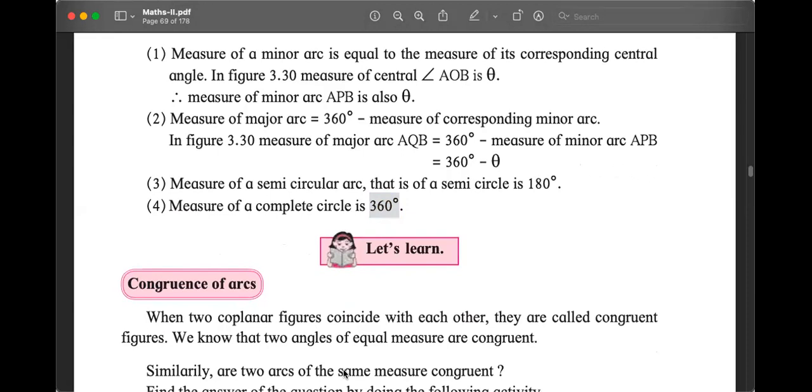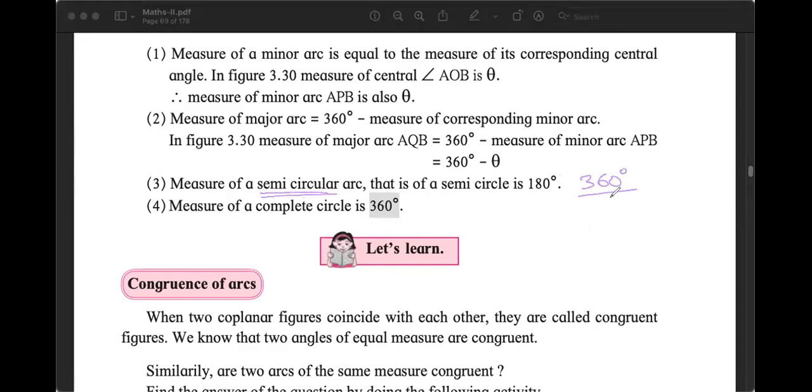Total circle, measure of the full circle, arc of the circle is 360 degrees. Then why will the semicircle be 180 degrees? Very good, Prachi. It will be 180 degrees because semi means half, as you said in the beginning, the diameter divides the circle into two parts. So semicircle will be 360 degrees divided by 2 equals 180 degrees. Very easy, simple concepts.